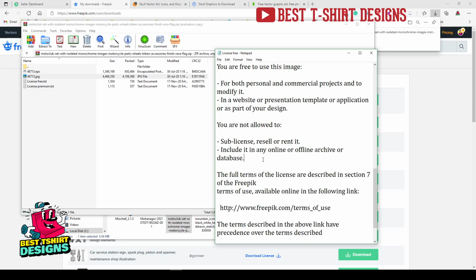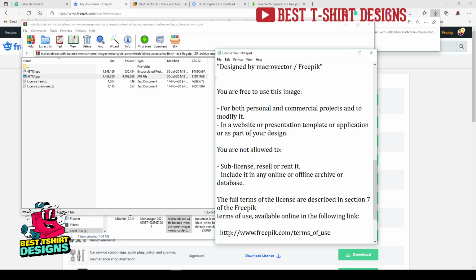So this is the part I wanted to tell you guys, that these are the websites: Freepik, Vecteezy, Vexels, all free download. These are all different stock websites. You can download vectors from there and then you can use them as a part of your design. You cannot just take them and upload them on a print on demand site. No, even if you have a premium subscription, that does not allow you to upload them to any print on demand or stock site directly. You can use them as a part of your design. So that's how you can work.